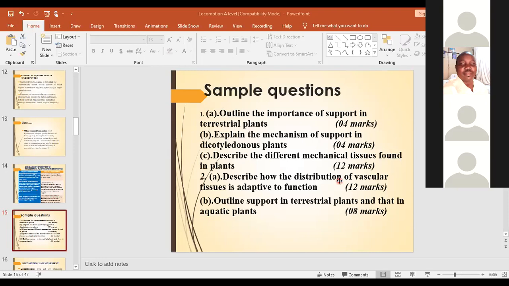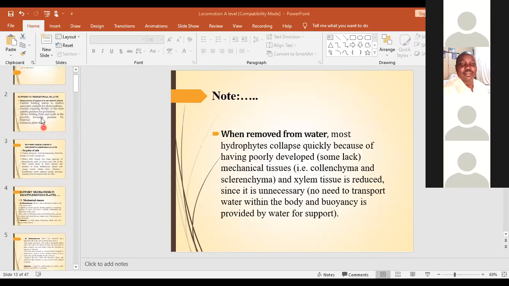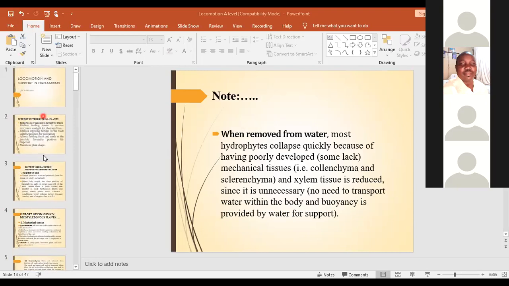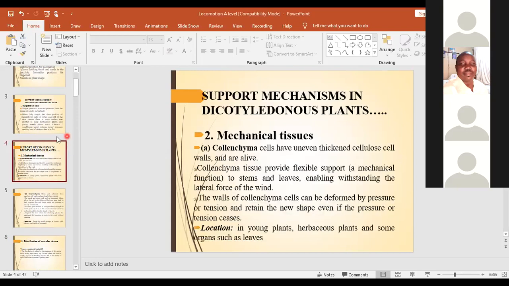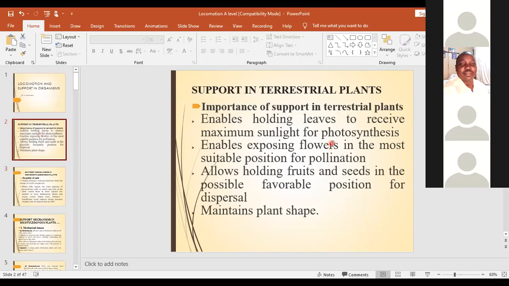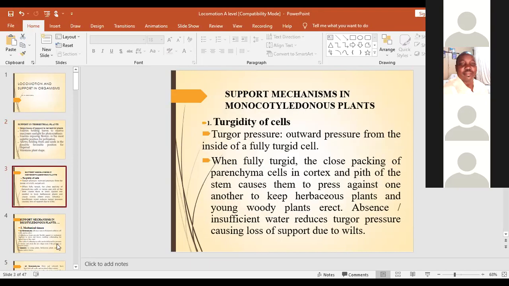Okay, have you seen those questions? Outline the importance of support in terrestrial plants, carrying 4 marks. And I think we talked about that. The importance of support in terrestrial plants: we talked about enabling them to hold their leaves, expose the flowers, hold the fruits and seed for dispersal, and then maintaining the shape. Then another question was that you